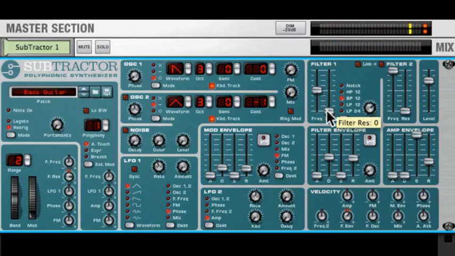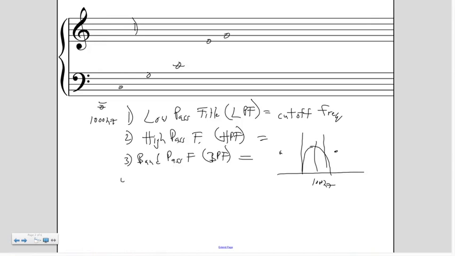And here again, if I want to hear that accentuated more, I can increase the resonance of it. So the bandpass filter is allowing you to just delineate, to attenuate both the high and the low frequencies around a band. And then the final one that you find on most synthesizers is called a notch filter,